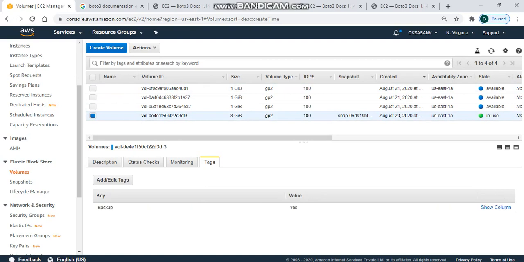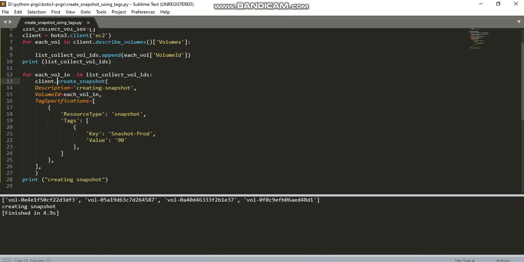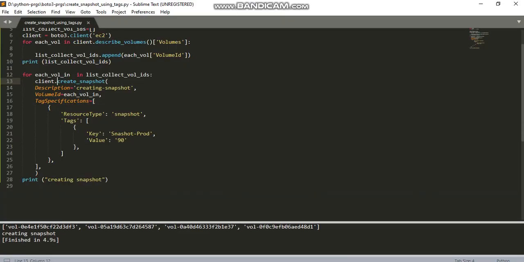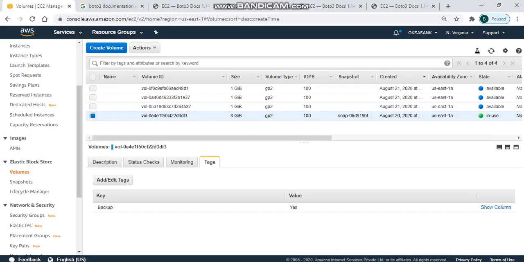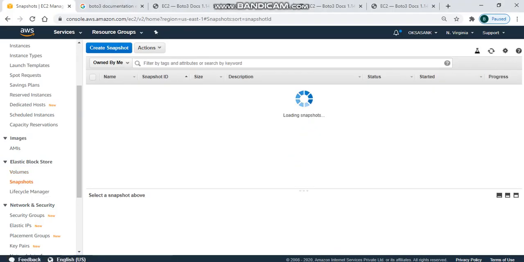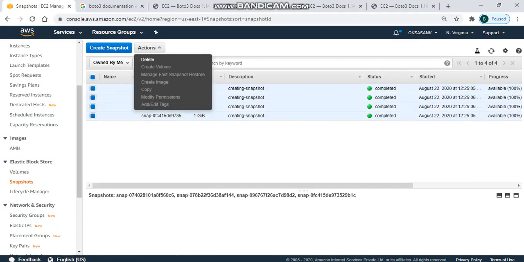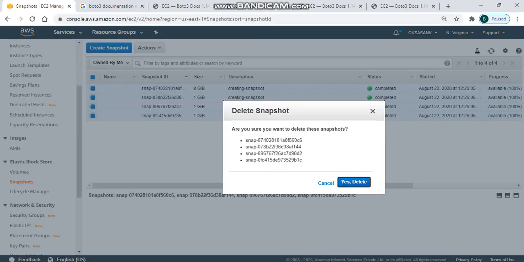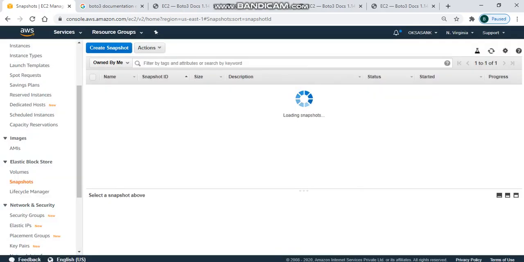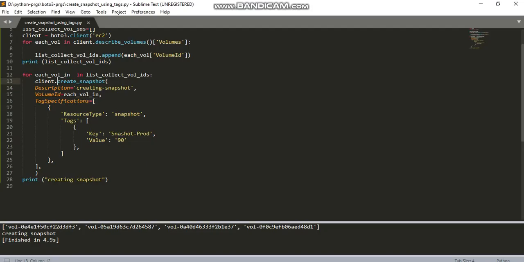For that, let me separate all these volume IDs using the filter method. So first, let me delete all existing snapshots. So these are the snapshots. Let me delete all these. Now I am going to create the snapshot for only production.